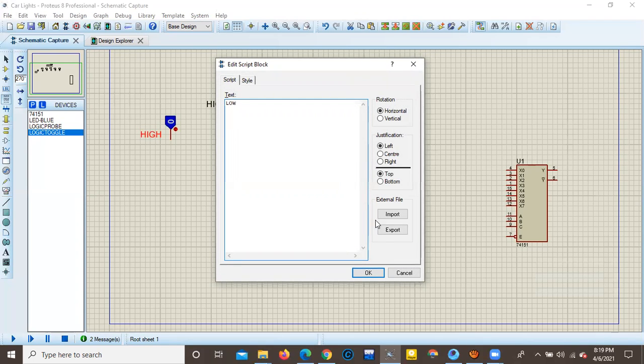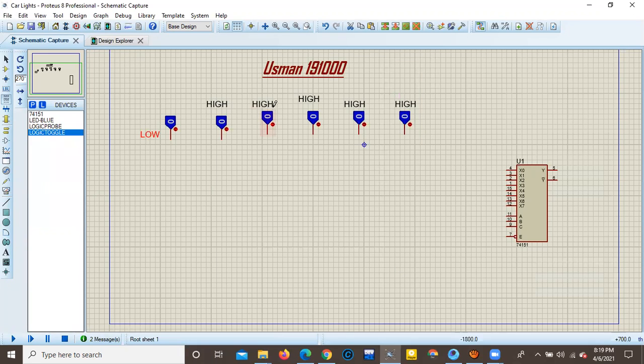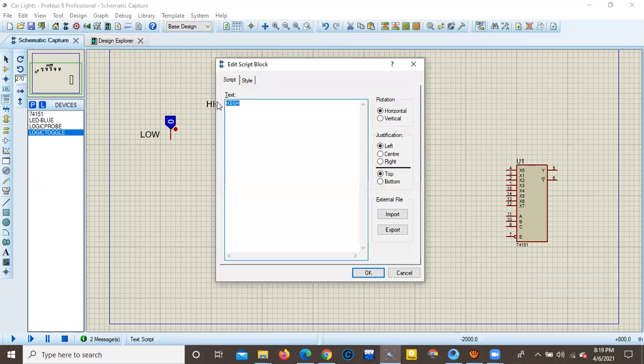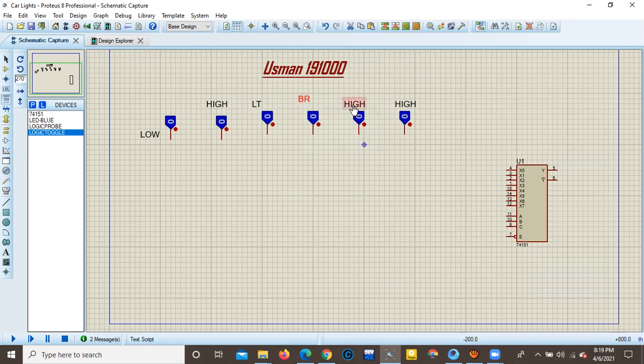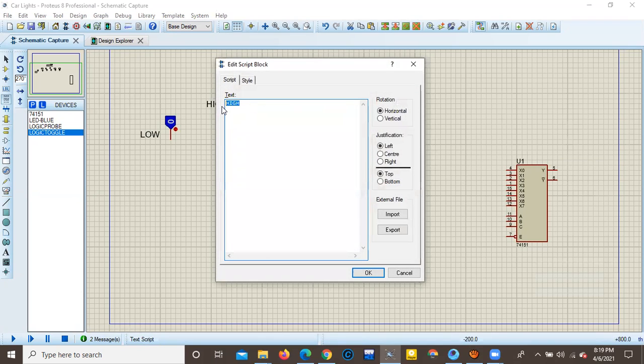First I will take low, then next I will take high, and then next I will implement as LT, which is our left turn, and then next is our brake system, which I will denote as PR, and then next is our emergency, which I will denote with EM, and then next I will pick the input applied frequency signal, which I will denote with BL,